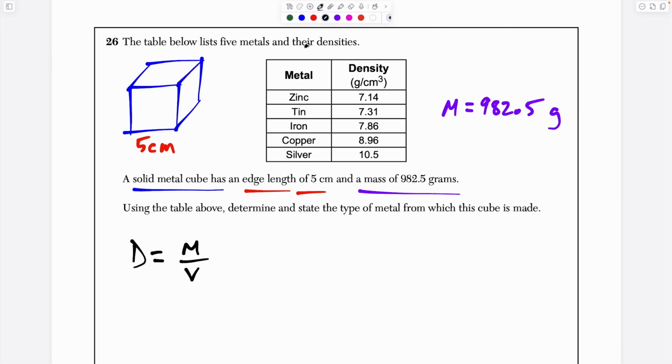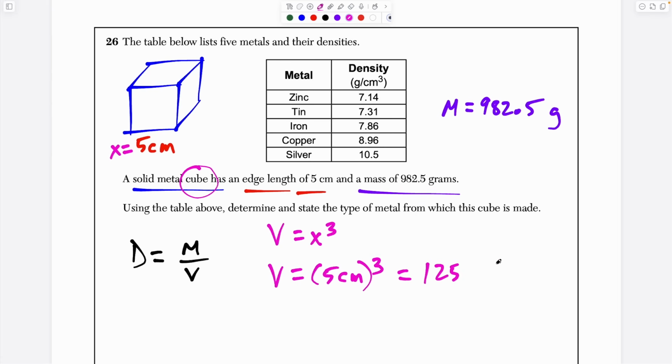For one, when we're talking about a cube, a cube has a volume of x to the third power, where x is the length of the side of the cube. We have an edge length of 5 centimeters. So the volume of our cube is going to be 5 centimeters raised to the third power. And if we do 5 times 5 times 5, or 5 to the third power, we get 125,